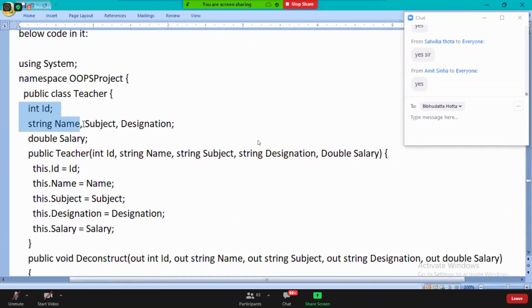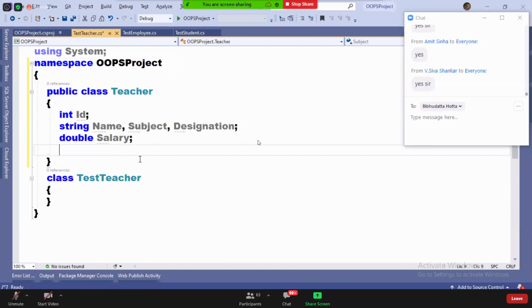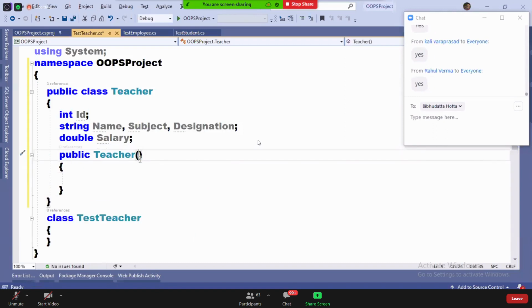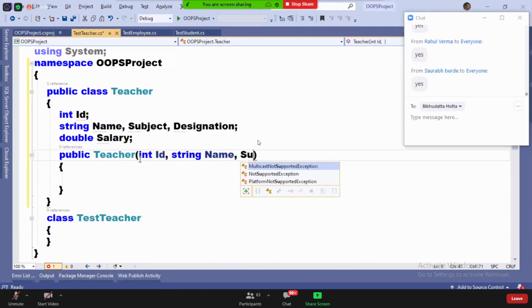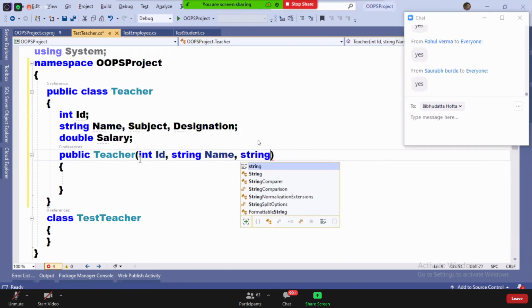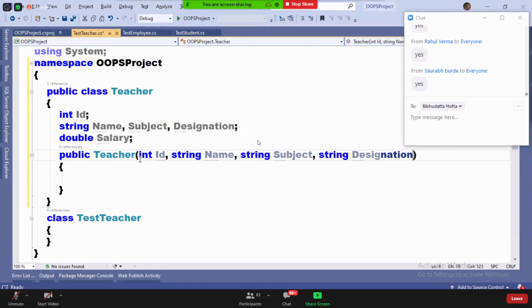Attributes of a teacher. Can I initialize these attributes through a constructor? Public Teacher. Look guys. Int ID, string name, string subject, string designation, double salary.